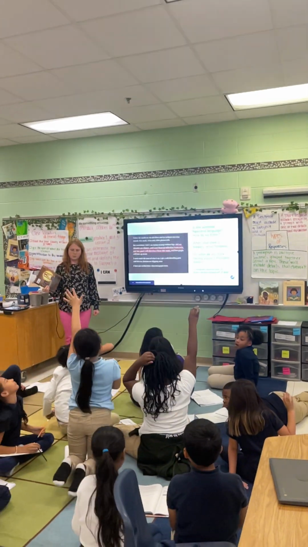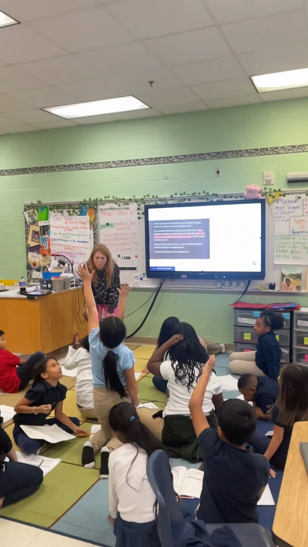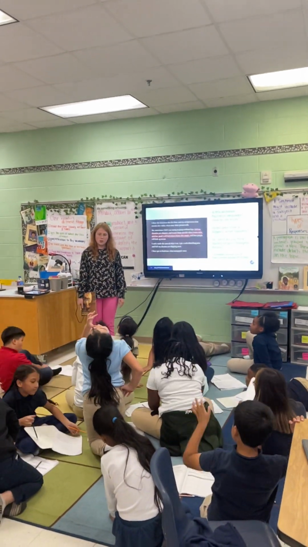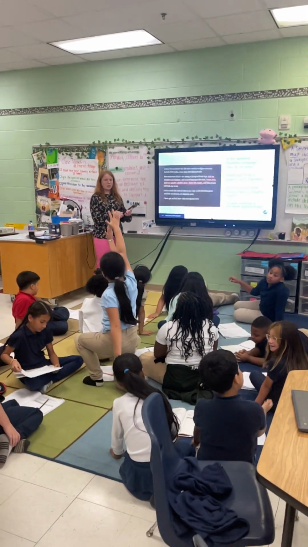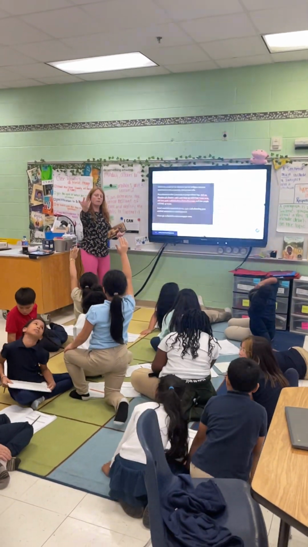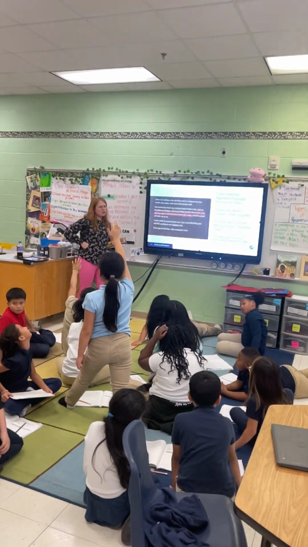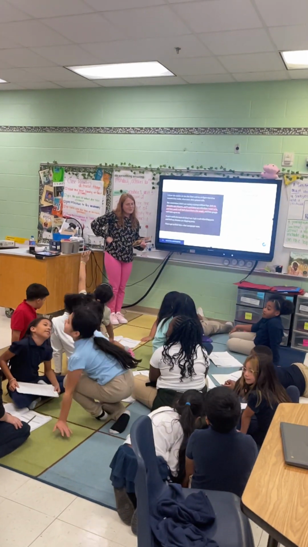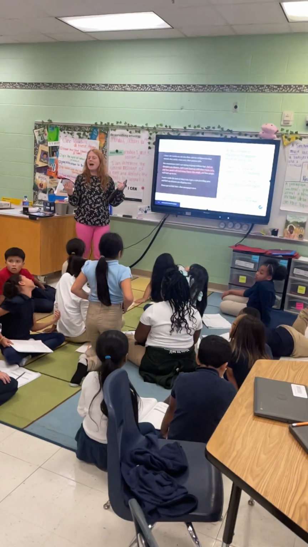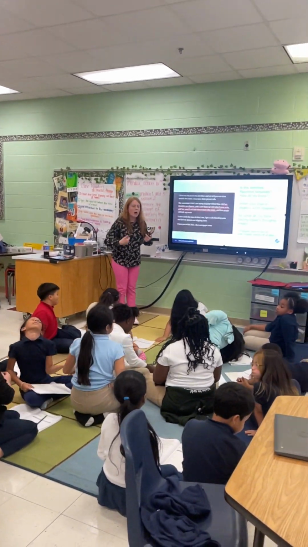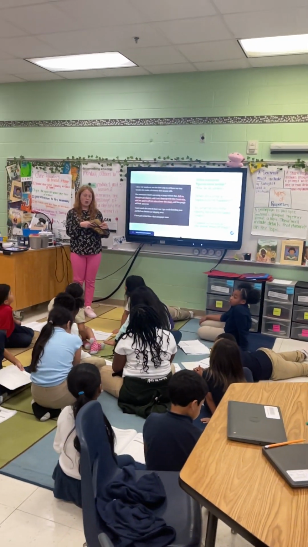Aaron. The newspaper man, because what can the newspaper man do for him? Because he's going to give him a newspaper. Okay, so the newspaper man is going to do what? Help him do what? Help him jump. Is he actually trying to jump? No. Yes, so jump in this is really him trying to figure out how to read. So the newspaper man is going to be able to help him learn how to read. You with me? You guys are doing great.